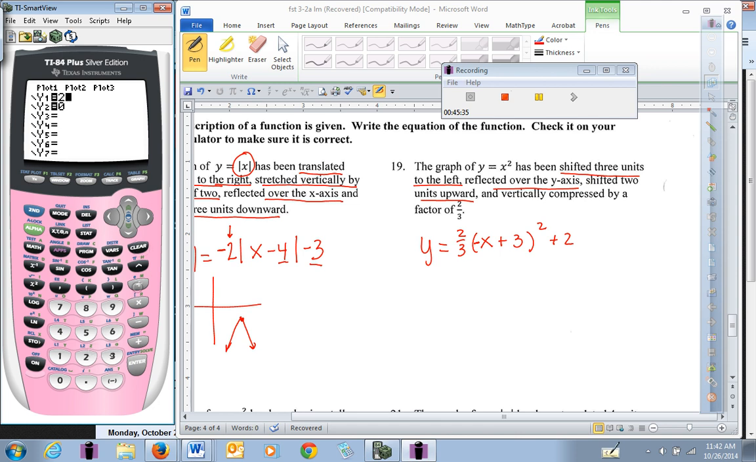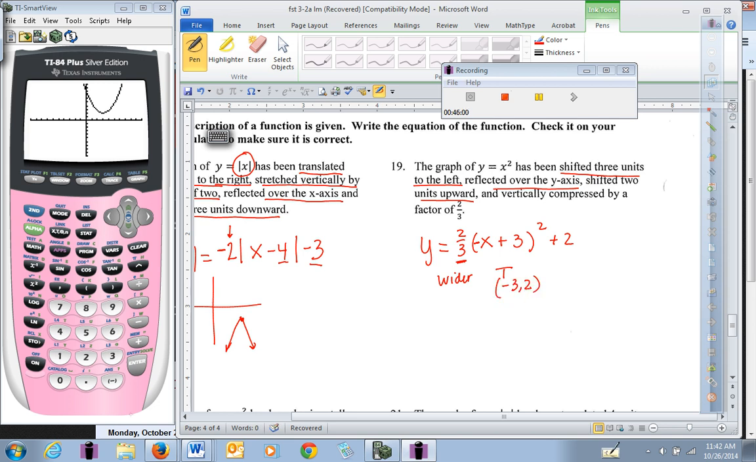If I put in 2/3, parentheses, the opposite of x plus 3, and then I square that, and I say plus 2. Graph that, and let's see what it looks like here. Okay, well first of all, the 2/3 compression is going to make it wider, isn't it? Okay, we thought the vertex was going to be at negative 3, 2, but it's not at negative 3, 2